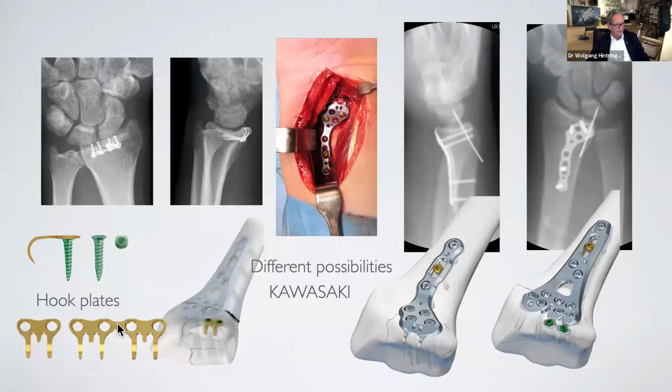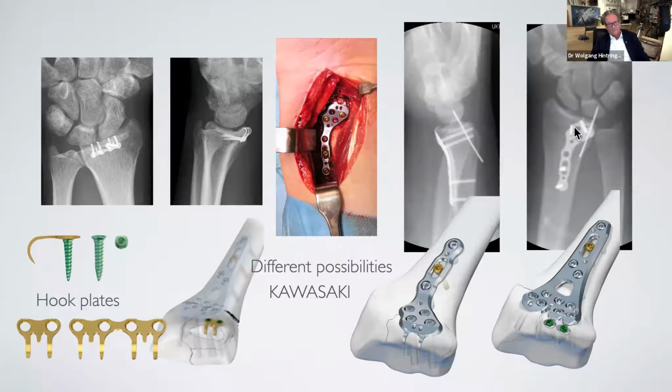Here the hook plates, the bank, and here the fracture plate for the ulnar rim fragment, and here a special plate which has self-tapping screws which can fix also small fragments. Here you can see also the transfixation of the carpus, the intermediary transfixation, because he could not reach the whole stability. Because even when you fix a Vola fragment, you can have an accessory ligamentous lesion, and that you cannot